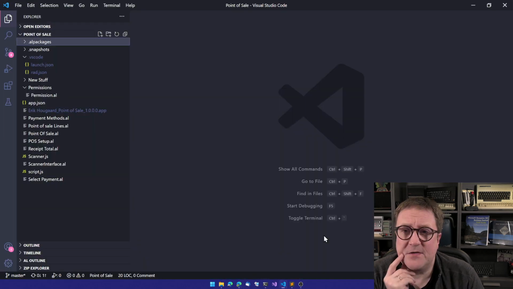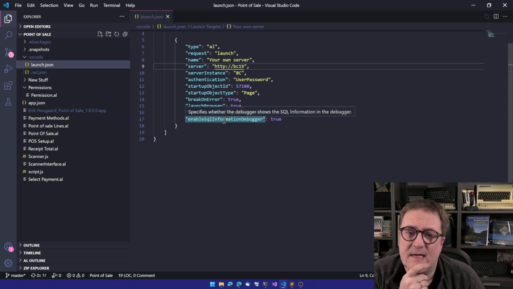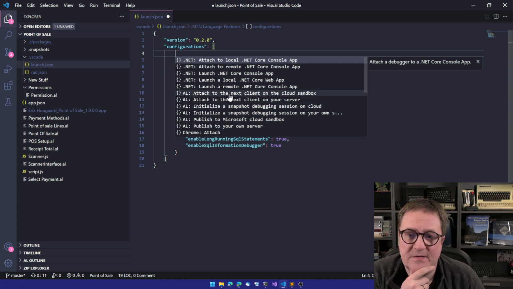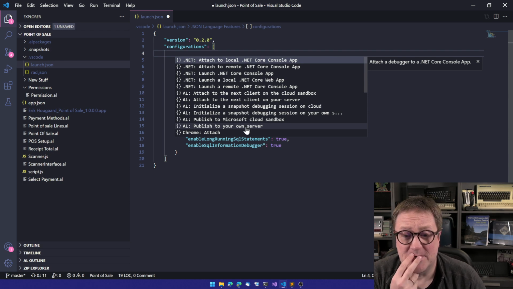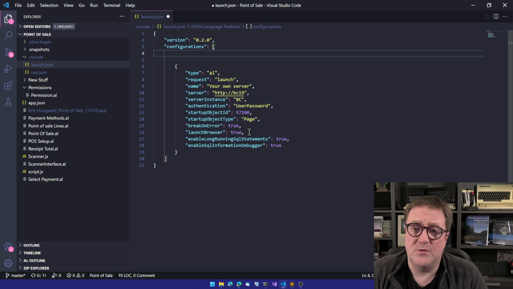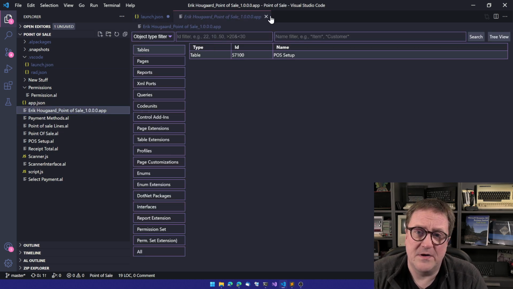Well, the first thing we need to realize is that we cannot create, let's add a configuration here and say attach, to publish to a cloud sandbox, publish to your own server. So a cloud production environment is neither. So we cannot deploy from in here. So what we do is that we actually look at the output app we got here and just clicked on